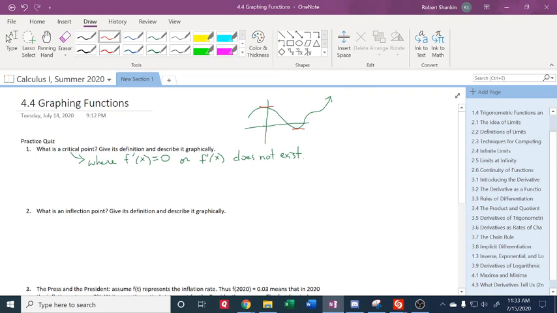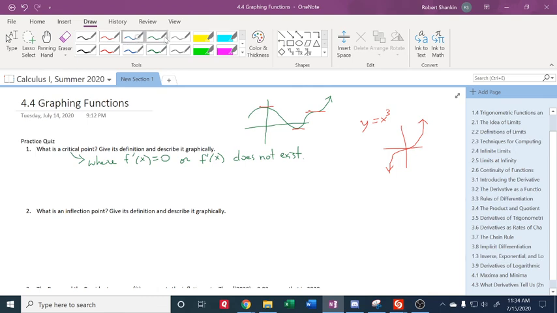In fact, if they're going to be a local extrema, they have to be a critical point, unless it's an endpoint. But you could have a horizontal tangent line right here, where it got to be horizontal. This is rare, but it can happen. It happens in y equals x cubed. It's a classic example of this. The horizontal tangent line, and then it changes its tendency right at that point. And so it's a horizontal tangent line at 0,